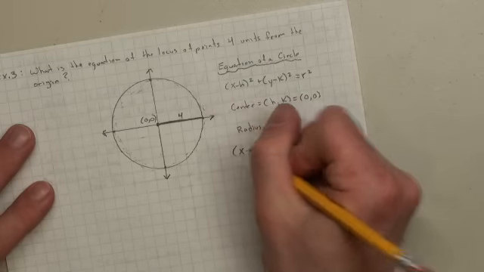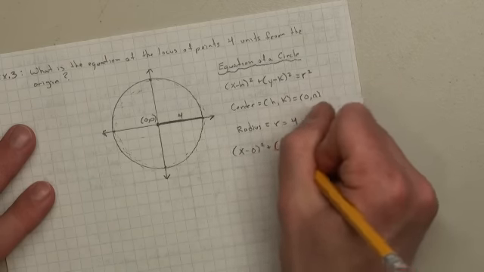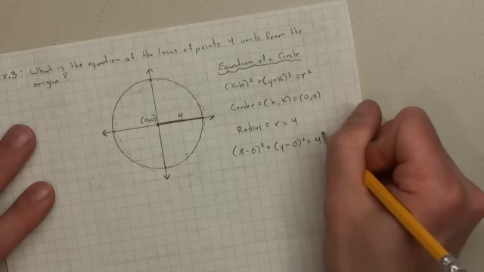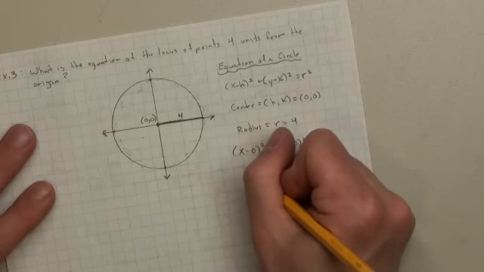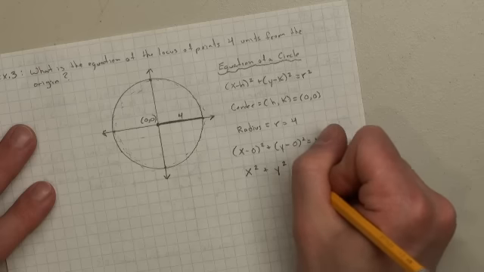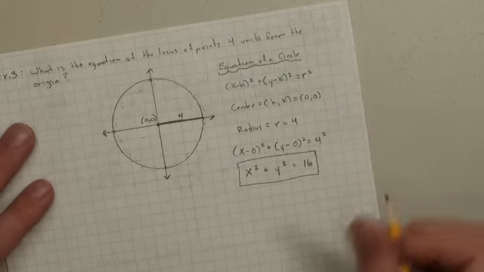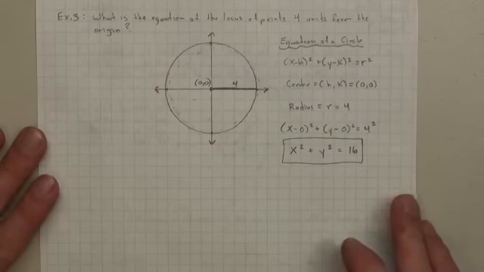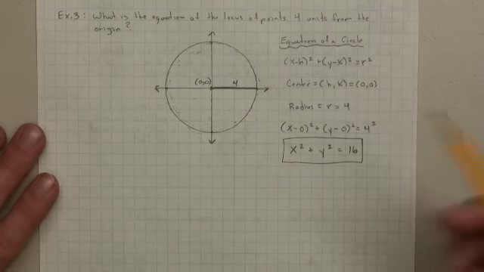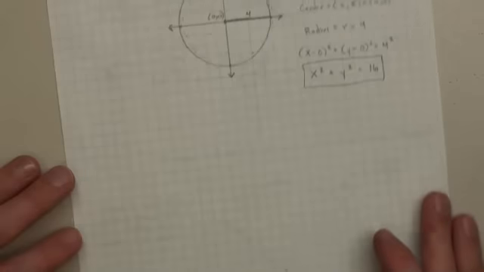So let's plug it into the equation. We would have x minus h, which is 0, so x minus 0 squared plus y minus k, which is 0 squared, equals r, which is 4 squared. X minus 0 is just x, so we have x squared, plus y minus 0 is just y, so we have y squared equals 16. So this kind of combined two concepts from two different chapters. First, I wanted to make sure you understood what a locus is. Then I wanted to make sure you understood how to find the equation of a circle. Okay? Let's do example